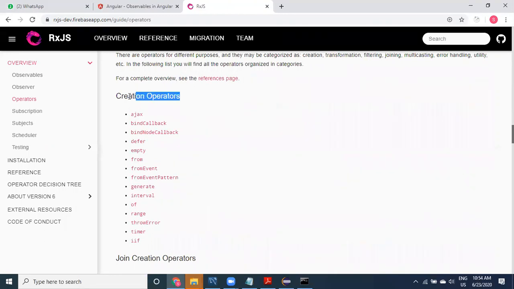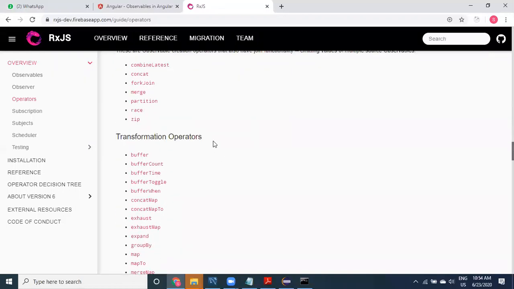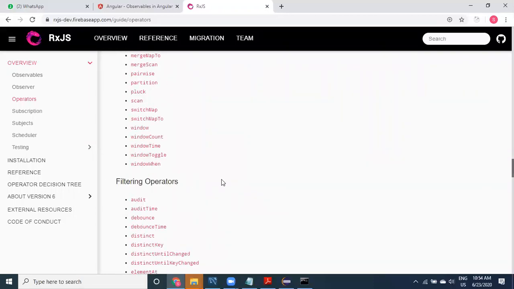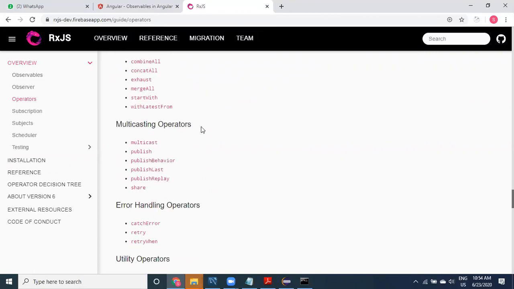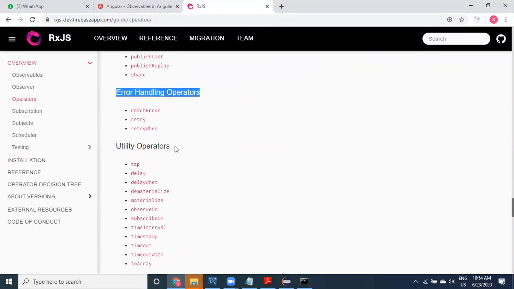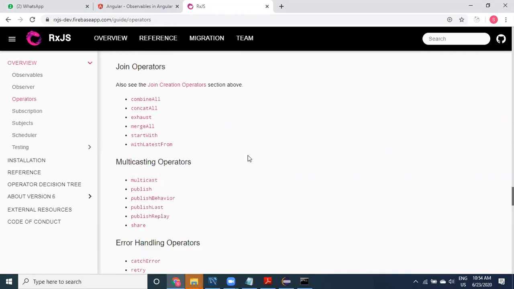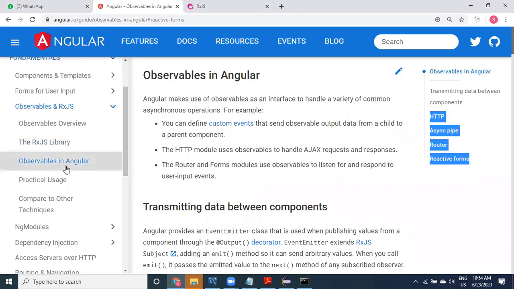There are creation operators, join creation operators, transformation operators, and so many filtering operators. Again there are join operators, multicast operators, error handling operators, and utility operators. There are so many things provided. You don't need to learn all of them, but we are going to cover the things which are provided here in Angular.